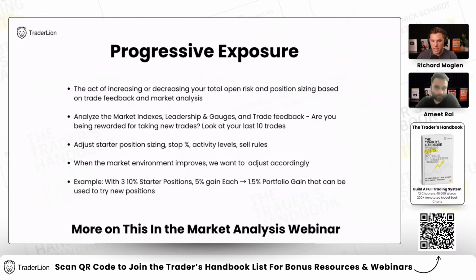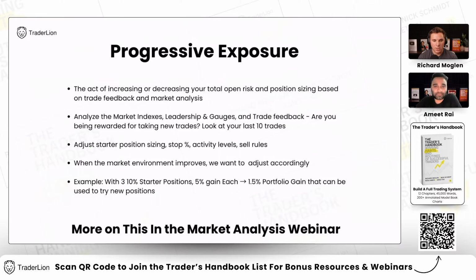We're below the 200 SMA and 21 EMA right now. Probably for most people, a lot less is more. Cash is king, all of that. And also adjust your sell rules to be a little bit faster during more volatile corrective conditions. And then when the market environment improves, when we've got a follow-through day, when we break back above moving averages, when we break back into a stage 2 uptrend, we can adjust accordingly